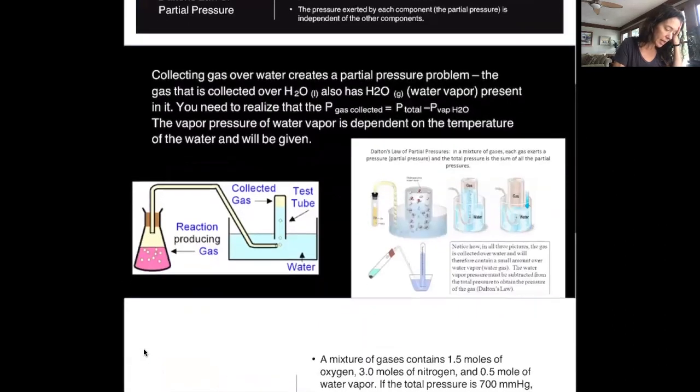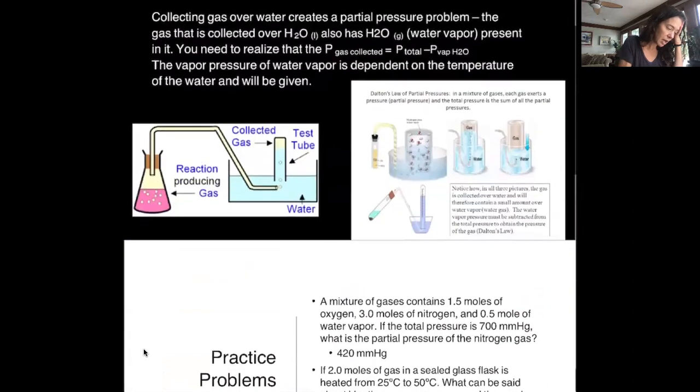And that relates to this topic of collecting gas over water, which I don't know if we got to do this last year. I remember teaching it, but I don't know that we got to do the experiment in class. Probably won't get to do it this year either. But